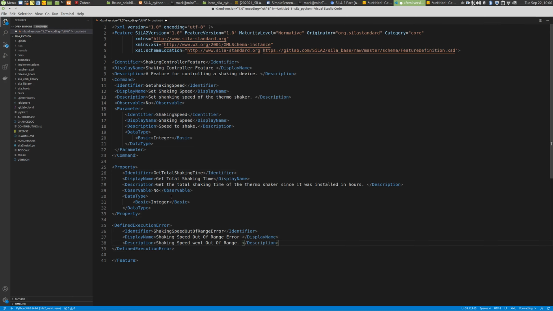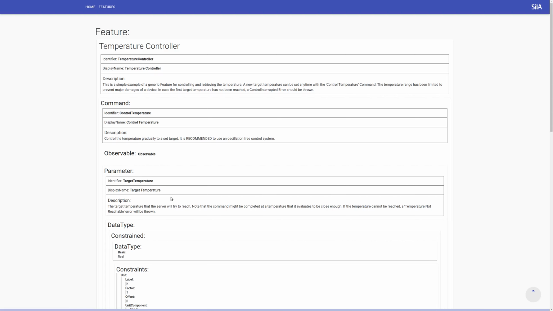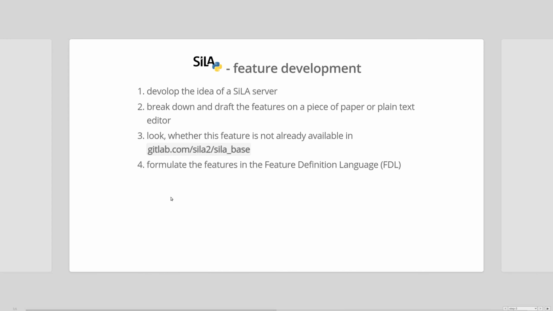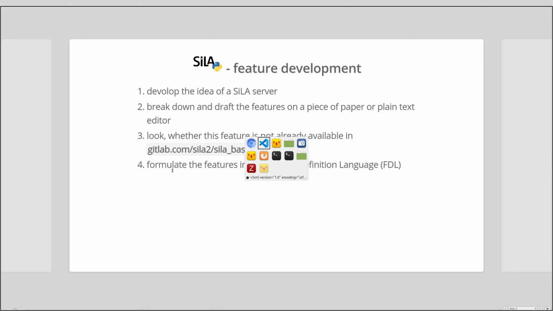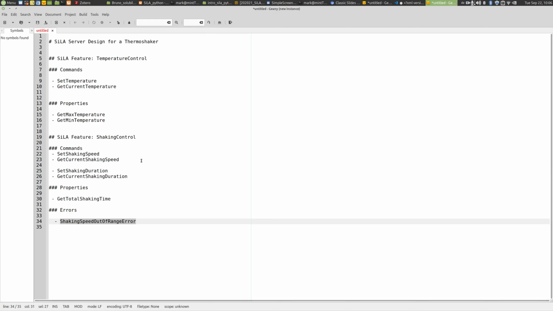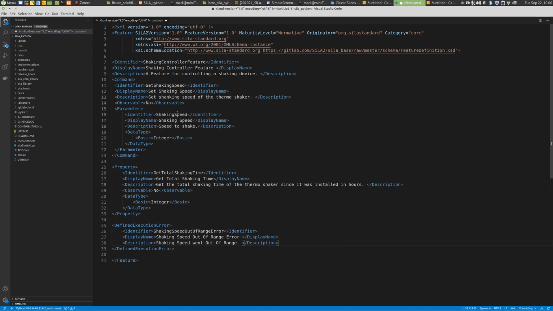Okay, so by that we have a very simple shaking controller feature specified, and that we can then use in further processing. Let's just go back to our presentation. So you see this informal notion of your features went into a formalized way